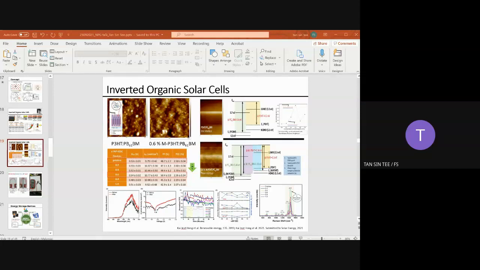Actually, this is our first stage before we come to this finding. We study how the thickness of the zinc oxide nanorod affects the consistent P3HT and PCBM. After that, we get an optimum thickness, and this thickness is with reference to the charge transport rate of the electrons from the PCBM toward our anode.